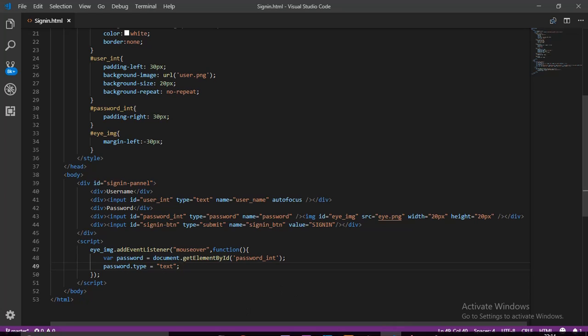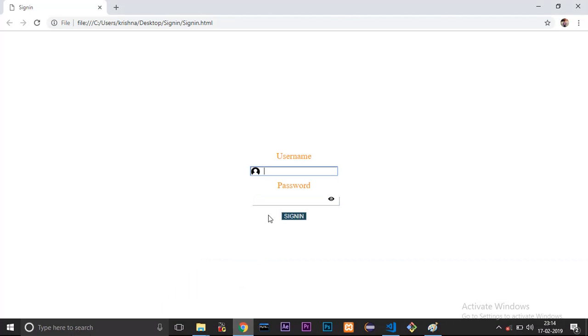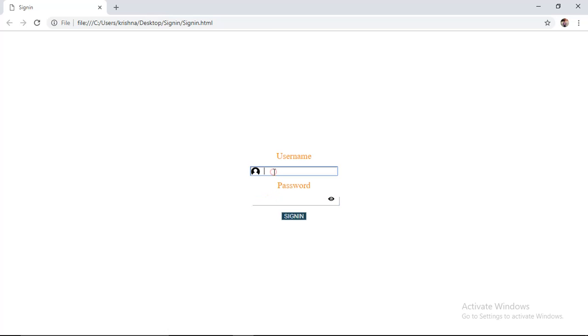Let's see what happens here. I write a username, Krishna, and then I write a password, something blah blah blah. You just hover the mouse cursor, and it shows what you wrote. And then after moving the mouse cursor out,